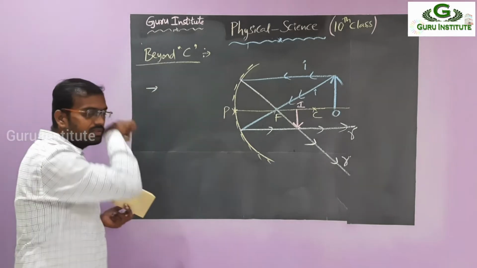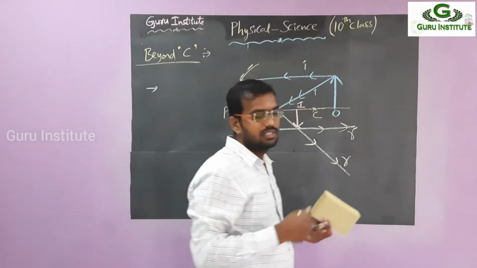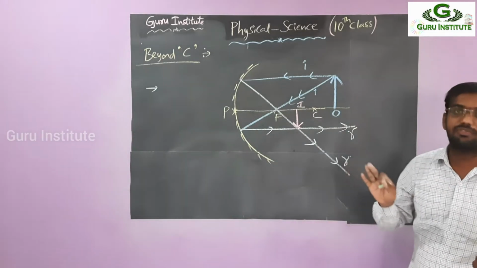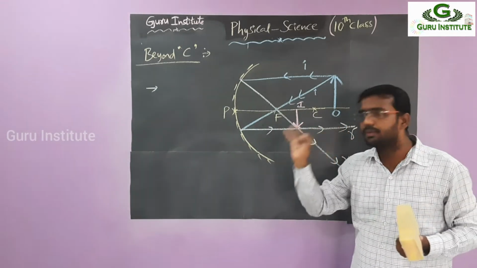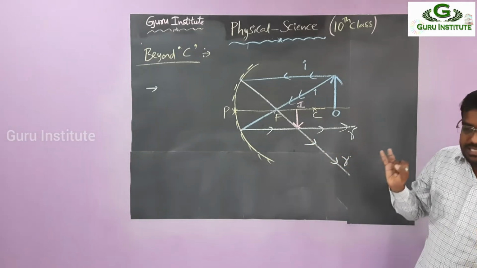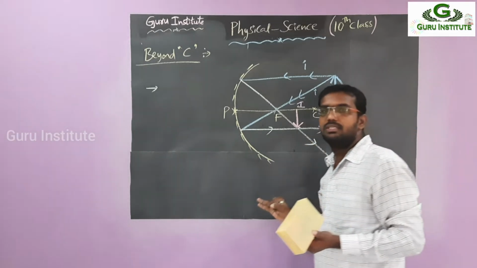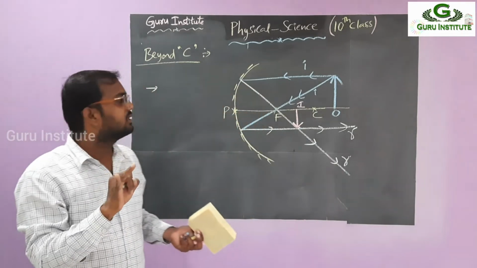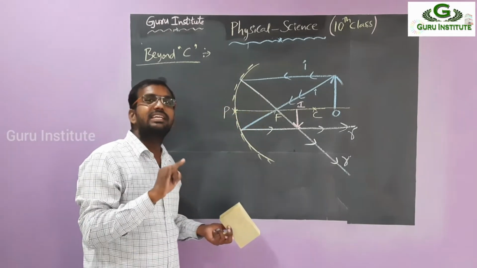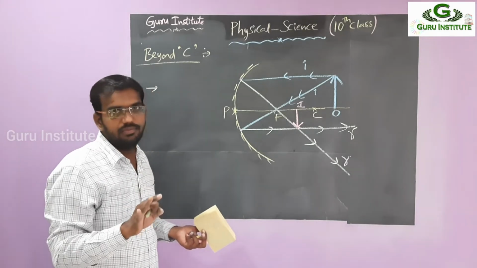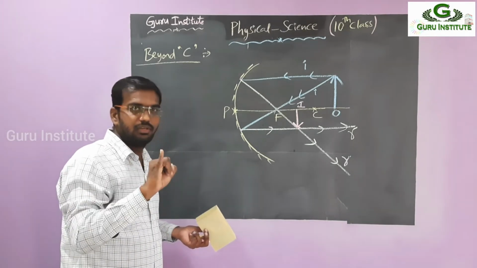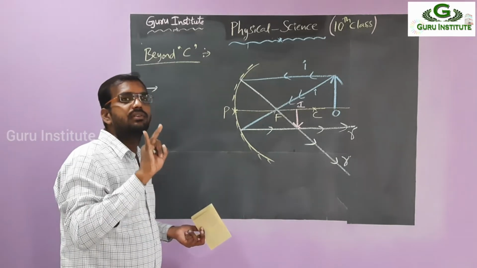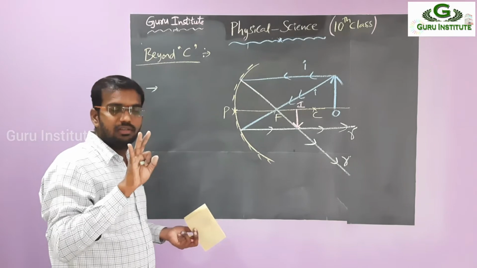So nature of image, we are going to discuss 3 points only. First one, where is the image formed? That means position of the image. First point. Second point, how it would be. It is diminished or enlarged. That means decreased or increased. Okay. Then the third point is, it is inverted or erect. Inverted or erect. Position, where it is formed. Second one, the size. Third one, nature. That means inverted or erect.